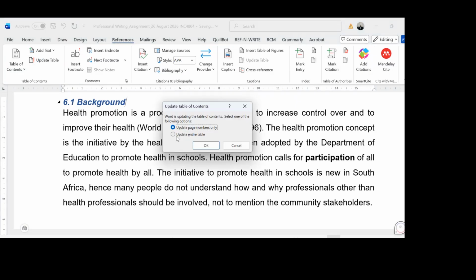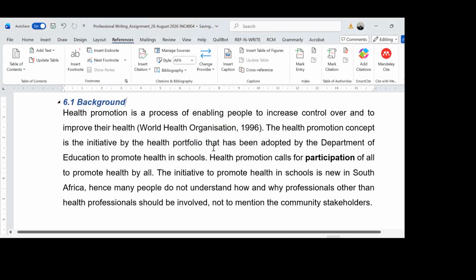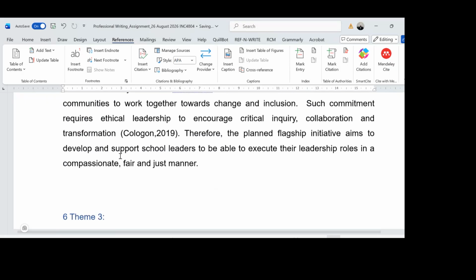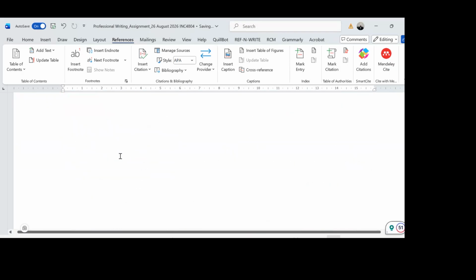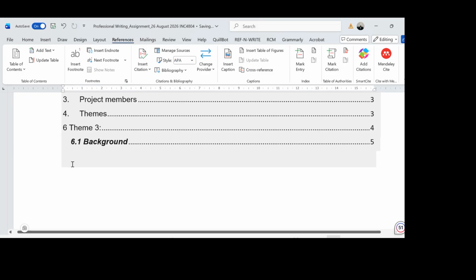Update the entire. Let's go to the table of contents and see if it has been updated. You see what I mean? So now